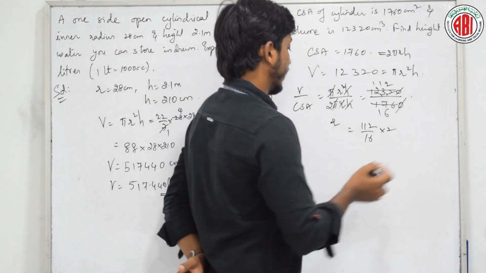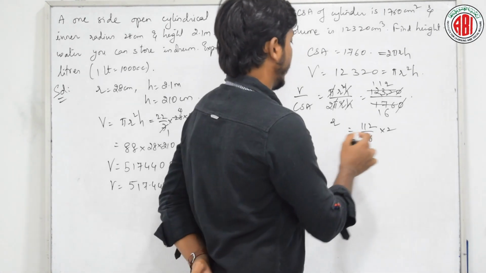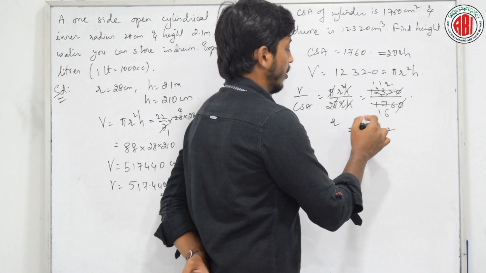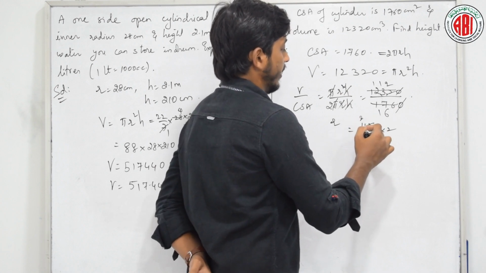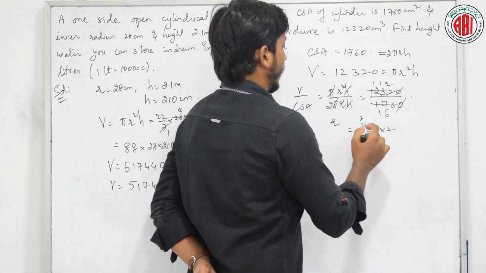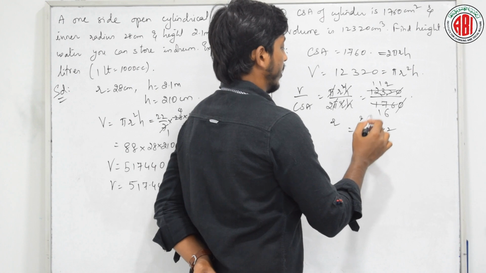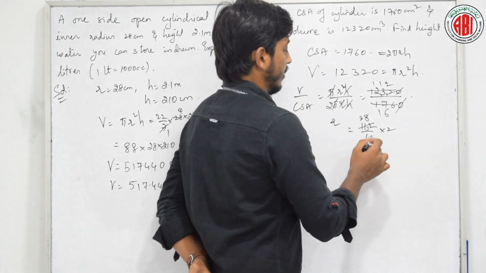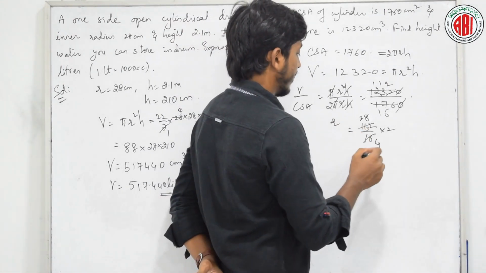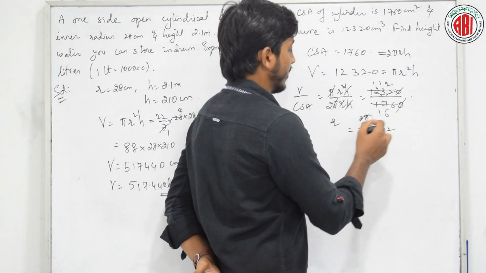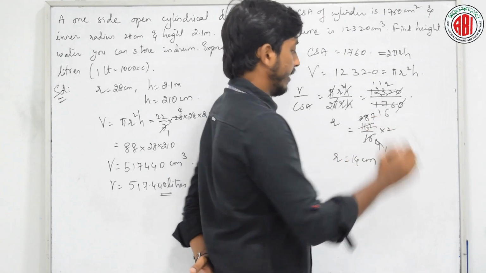Now check. In 8 table will it go? No, right? Let us try in 4 table. 4 twos are 8, and the next 4 twos are 8, and the next 3 will be left, therefore 4 eights are, 4 fours are. Now, can I cancel with 4? Yes, right, 4 ones are 4, 7s are, therefore the value of R is 14 centimeter.